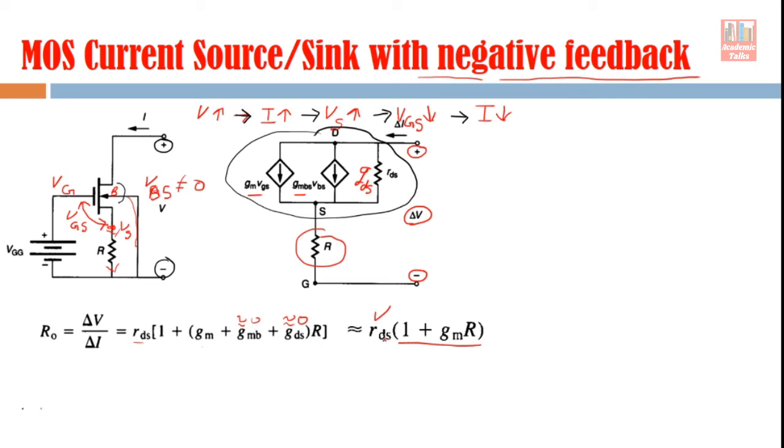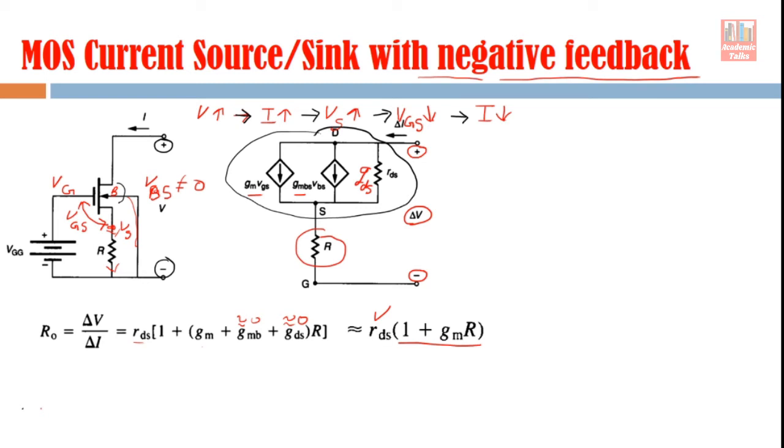So your resistance will increase significantly, maybe almost 100 times, something like this sometimes. You remember in the earlier slide, the output resistance R naught was about 1 mega ohm, and here the output resistance is near about 100 mega ohm. There is a significant increase in the output resistance when we are inserting this resistance here. Okay, now this is one thing.